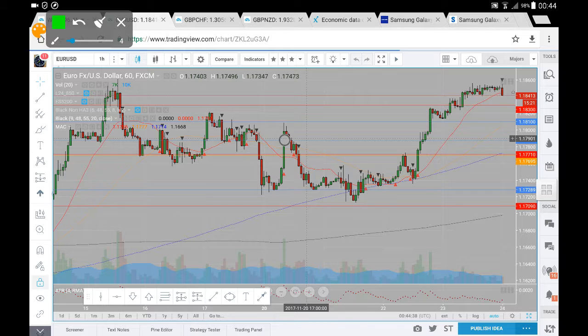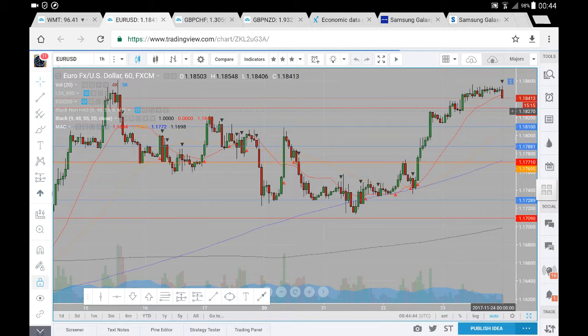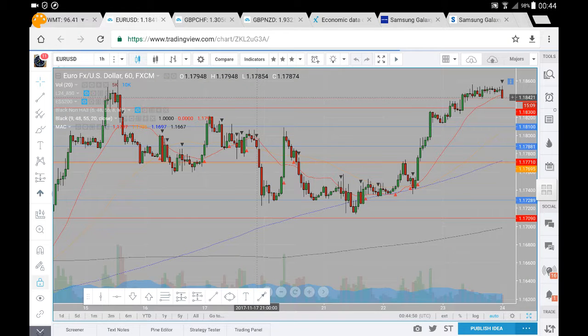Now we are seeing a bit of a pullback from this in around the 1860. So we did go as high as 1855 essentially, and we are seeing a bit of a pullback. So let's look for areas where we might see a pullback to. So we've got 1830, which has acted as resistance in the past. So we'll see if we pull back to 1830 before we see a continuation to test 1860, beyond which